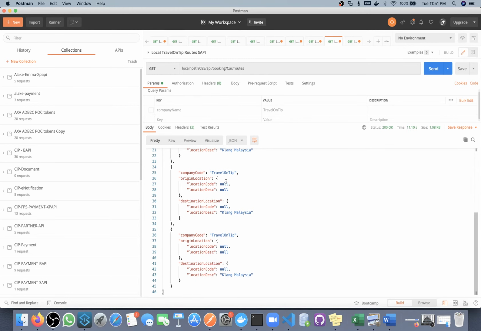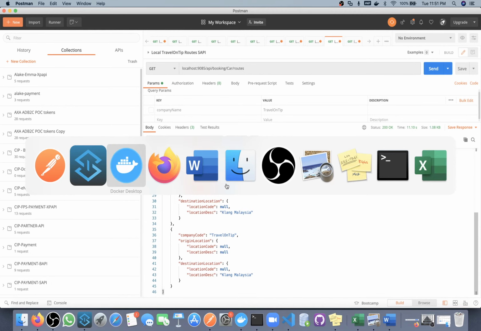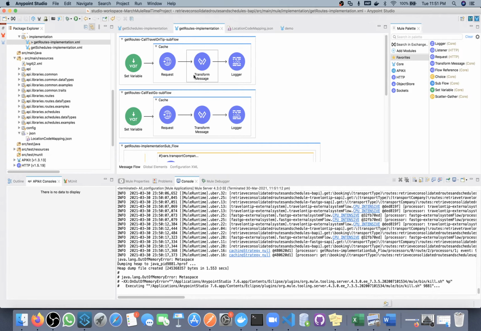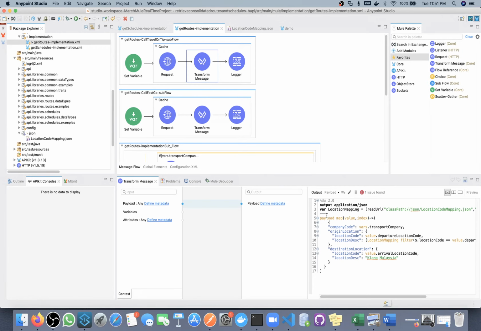Okay, so for null we are getting null, but why are we getting this location code itself null? Let me see in the database. Do we have any?